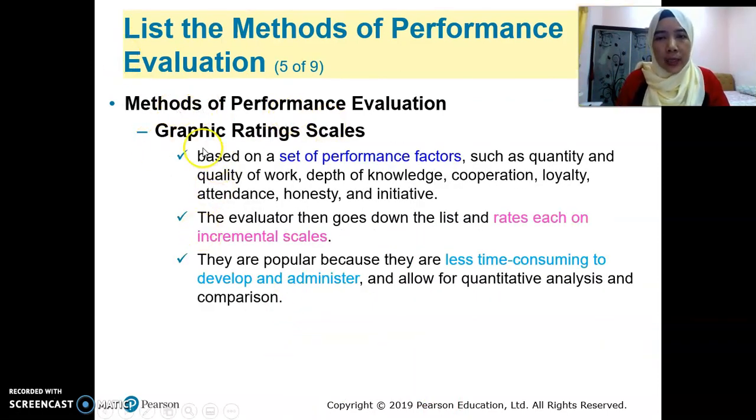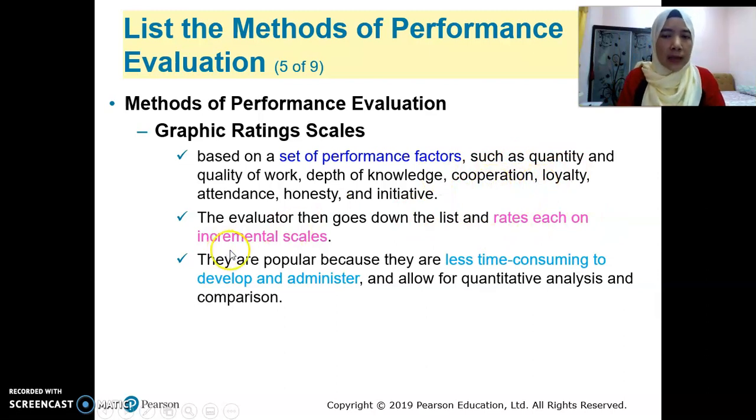Another method that can be used is graphic rating scales, based on a set of performance factors that are given, such as quantity and quality of work, depth of knowledge, cooperation, loyalty, attendance, honesty, and initiative. So the evaluator, that means either the manager, or if the organization uses 360 degree evaluation, it can be anyone around the employee. The evaluator then goes down the list. So they give this list to the evaluators to rate, and the evaluators will rate each of these